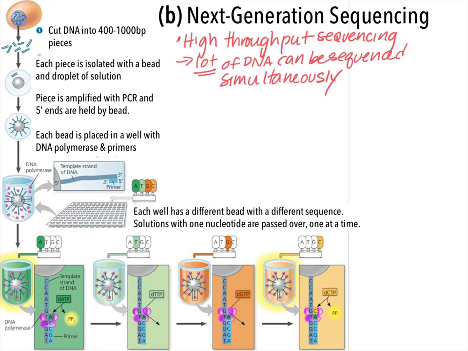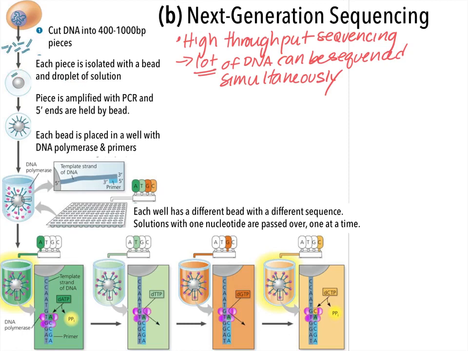And so, for example, you could take a whole genome from a cell, like you see in this picture up at the top left. So you could take the genomic DNA, remove it from the cell, and first what you'd have to do, you see number 1 here, is cut all of that DNA into much smaller pieces. And these pieces can be up to 1,000 base pairs long, or 1 kilobase. And I'm going to be very brief about the next part. But what is then done is they take each individual piece